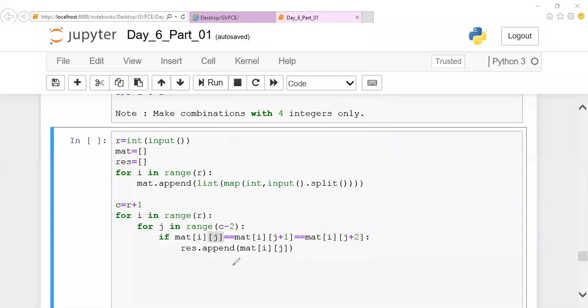Yesterday I told you, if at all you're supposed to take the row, I'll mention j plus 1, j plus 2. If I want to mention the column, then deal with the i values: i plus 1, i plus 2. Then you should be concerned with until where your row should go and until where your column should go. If you're concerned with it, your column condition will be completed. And next, look for the diagonal values.